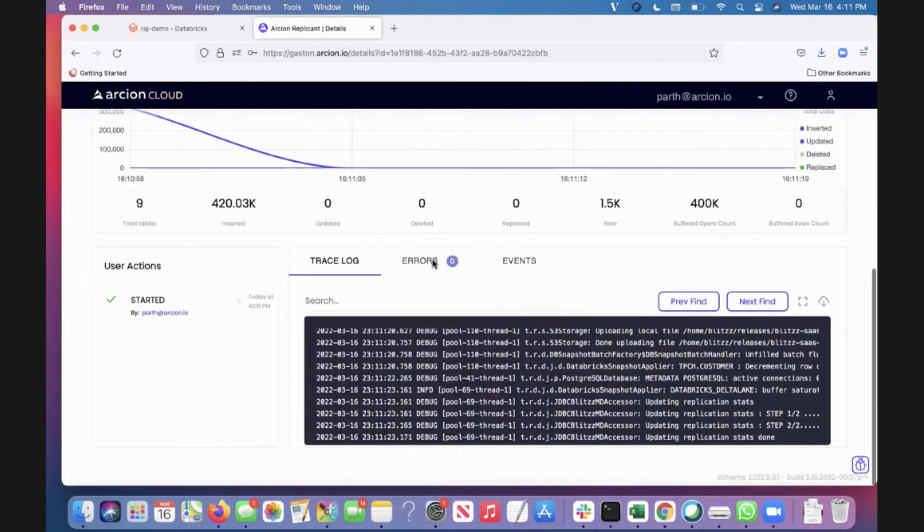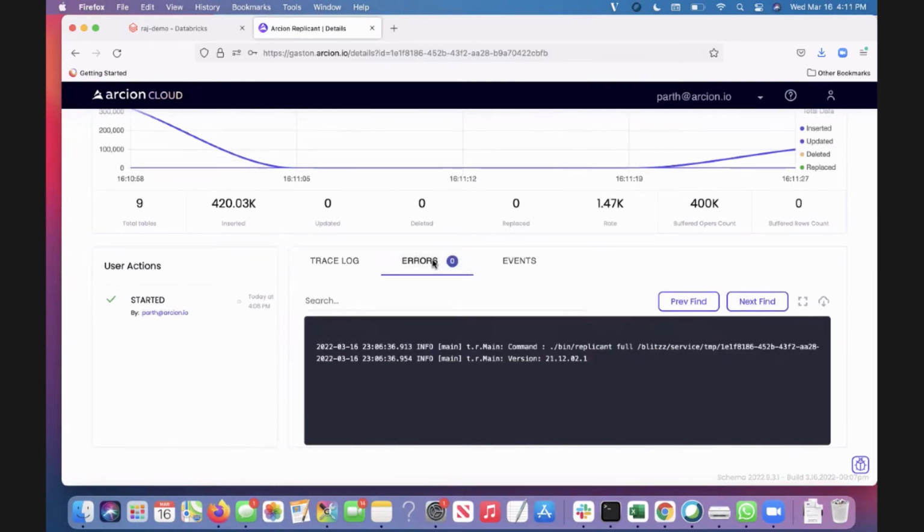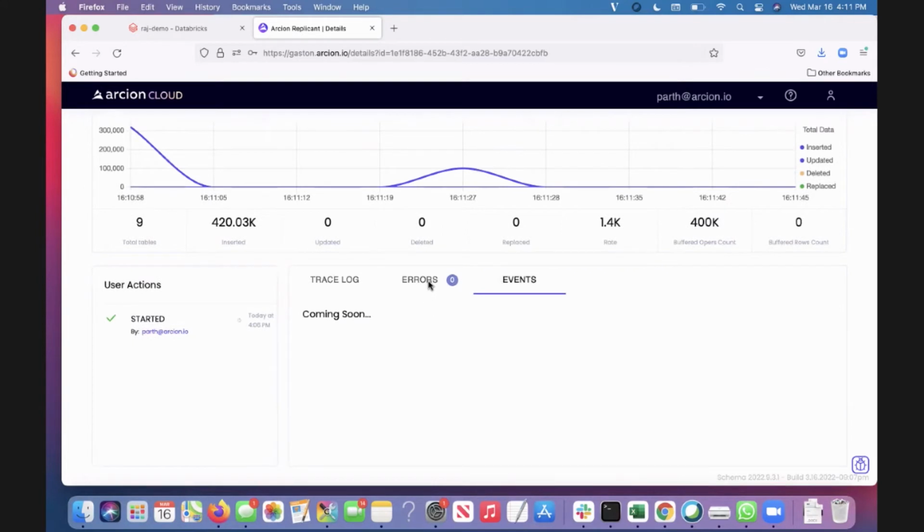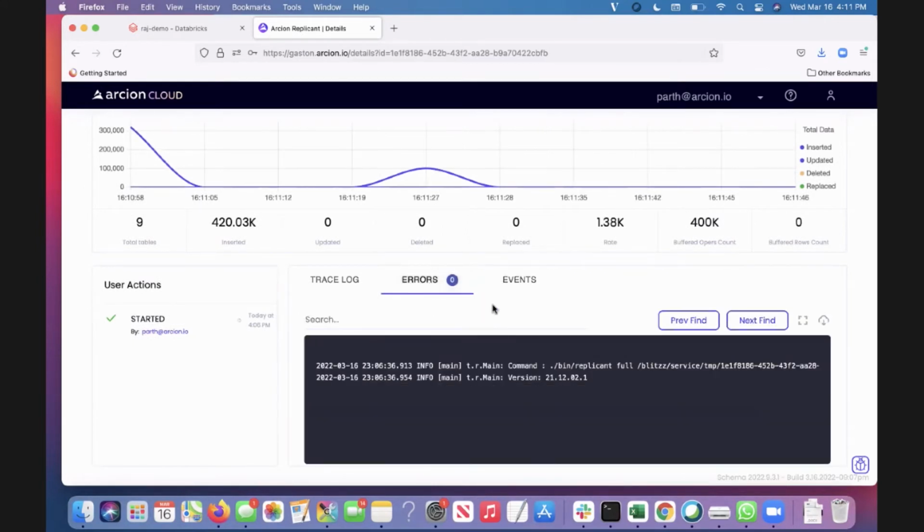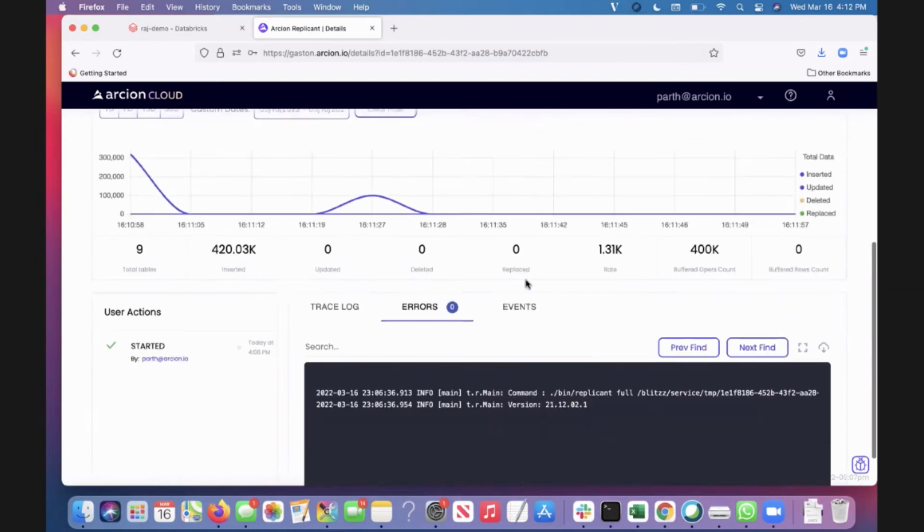In this case, there are no errors, but if you're running a production workload, then if there are errors here, some of these would show up, and you're going to get a small list of all the relevant parts of the trace log, and then events. Right now we don't have anything, but this is the part where you can subscribe to certain events, like, hey, a schema change happened, or certain things happen to the database, so you could register yourself for some events. So as you can see, we are still loading the data,